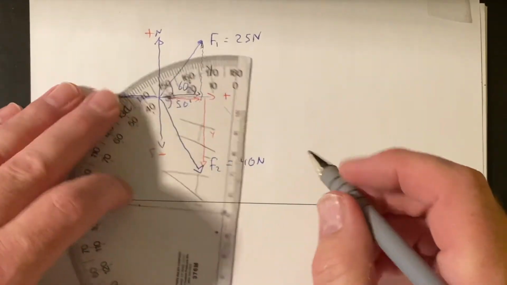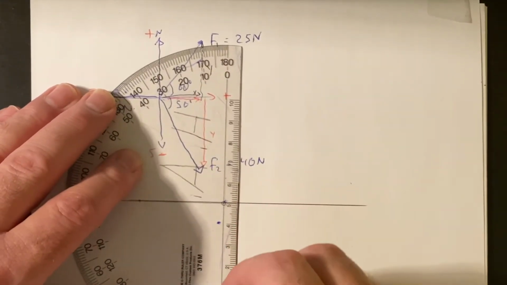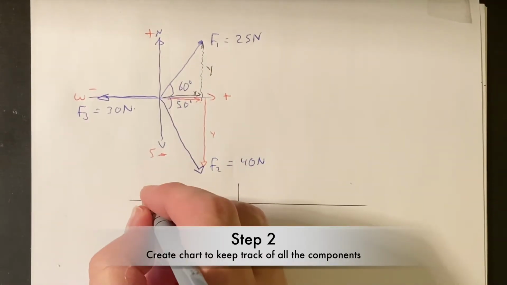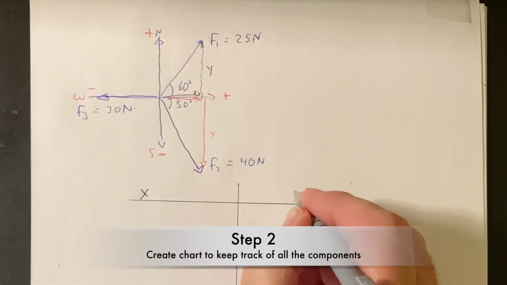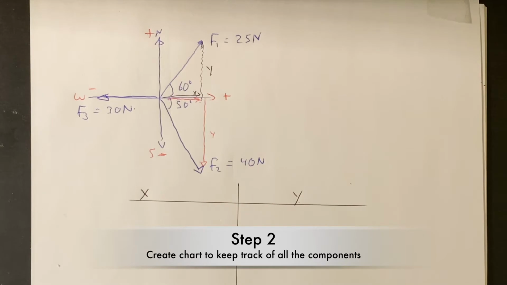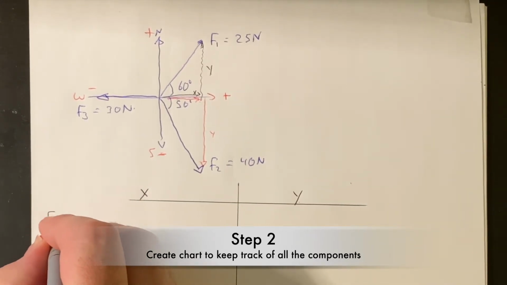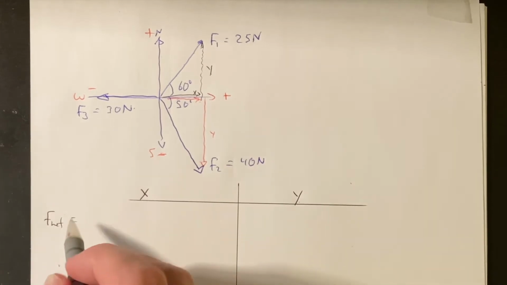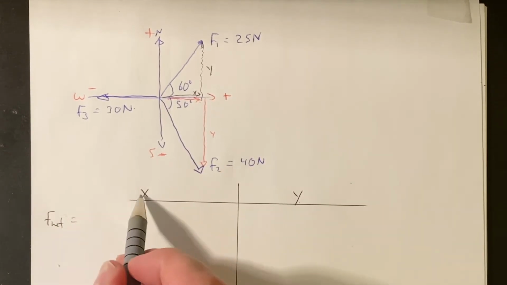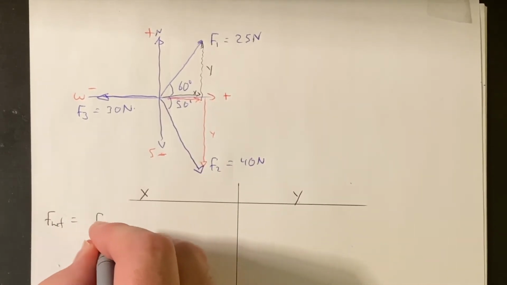And the components for every vector, that's going to be a lot of numbers floating around. So I'm going to help you track those numbers, the x component and the y component, in this nice chart. So the net F, the F net in x is going to